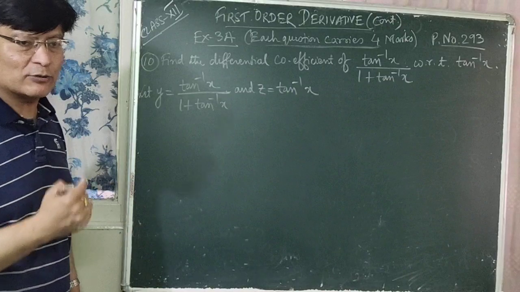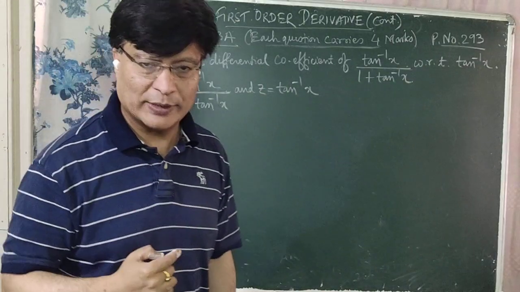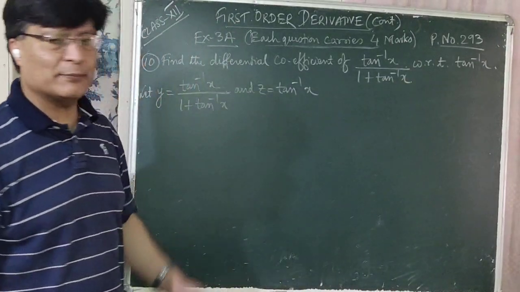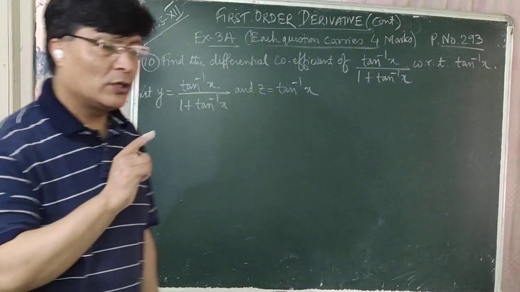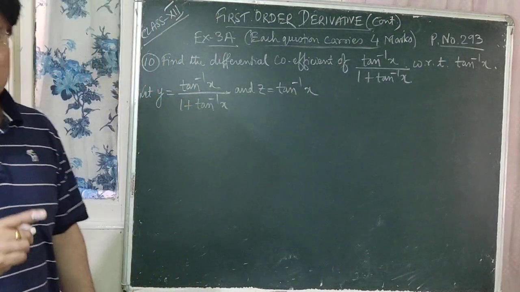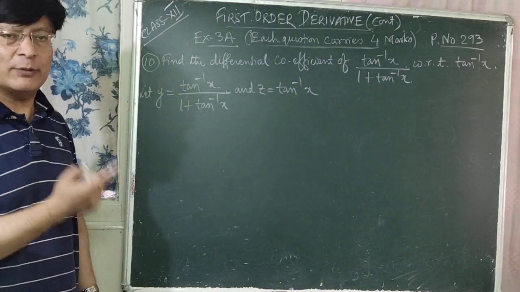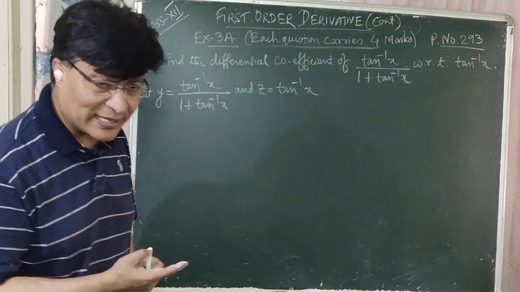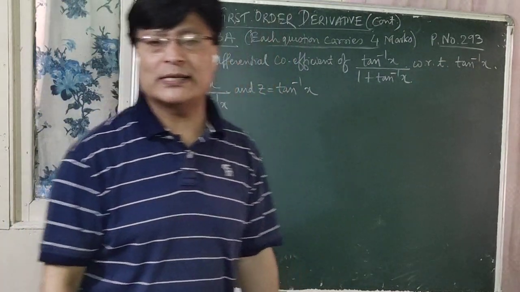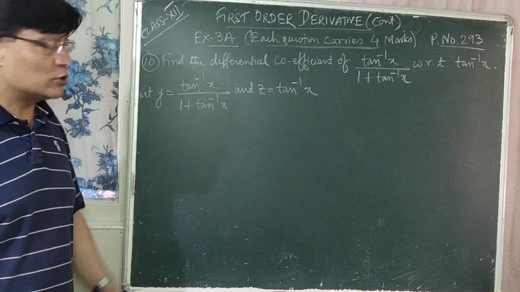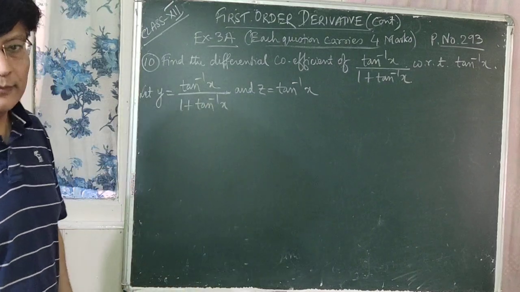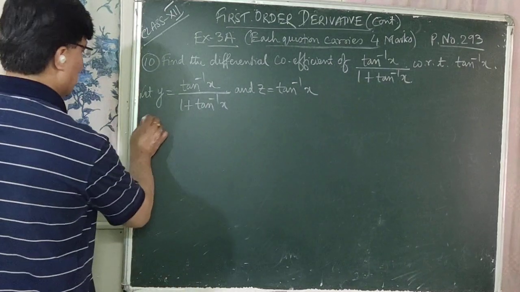That means you have to calculate dy by dz. So it is just like your parametric equation. The variables y and z are expressed in terms of a third variable x, the parameter x, and this equation is known as what? Parametric equation. So you have to calculate dy by dz from here. Here given is